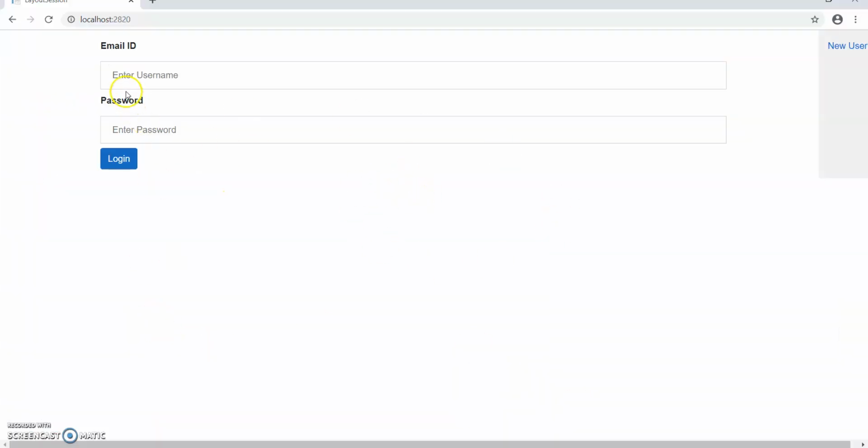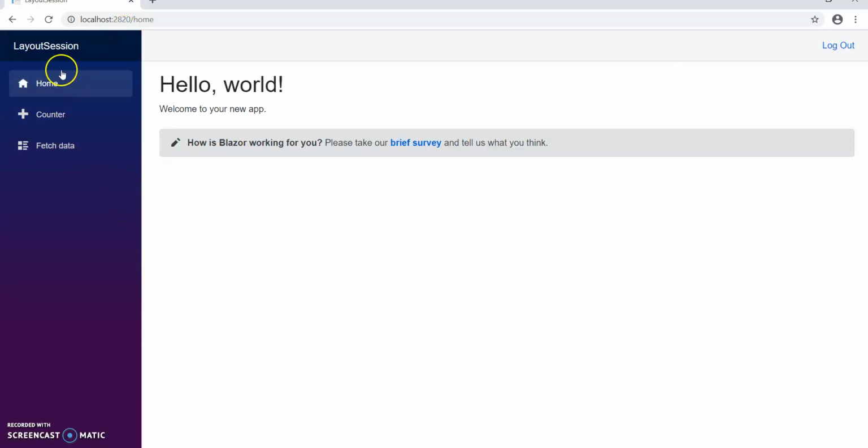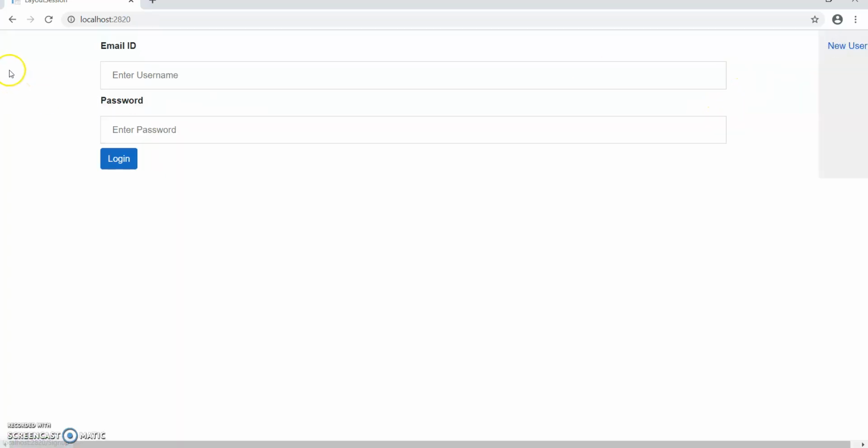Okay, our login page is coming without menu. If I go to the new user page, it is also without menu. Go to the login page, click on login and it comes to our home page with the left hand side menu. Again click on logout, and you can see the left hand side menu is gone.